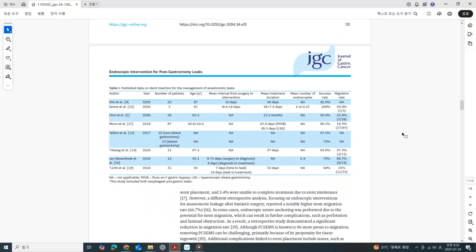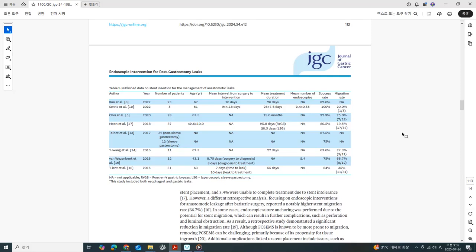But the partially covered metal stents, much lower, only about 12% migration. Wow, 12% versus 26 or 31%. That's a huge difference. Why? The thinking is the uncovered ends of the partially covered stents embed slightly into the tissue wall, anchoring them better. Fully covered ones are smoother and can slip more easily. That makes sense. So success rates might be similar, but staying in place is a big advantage for the partially